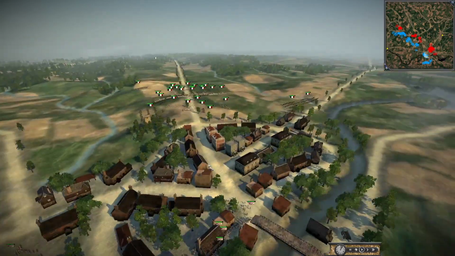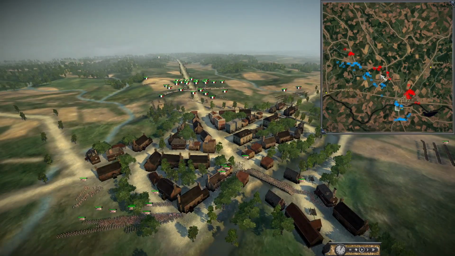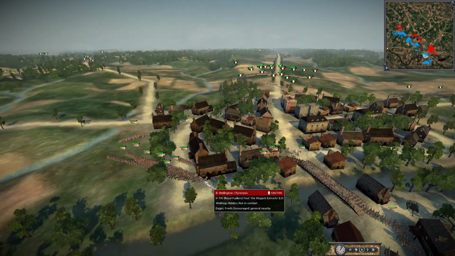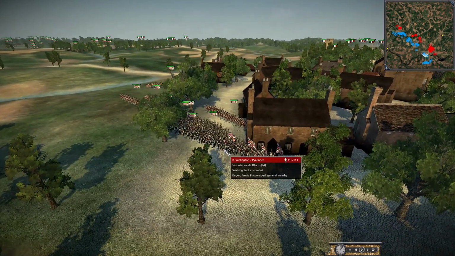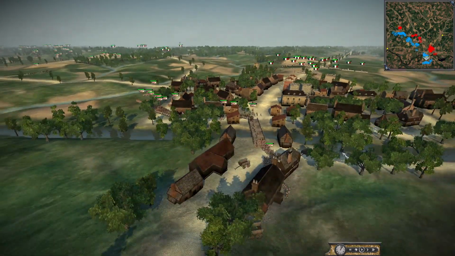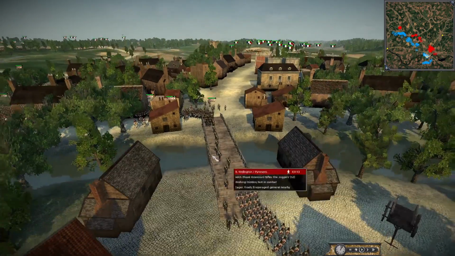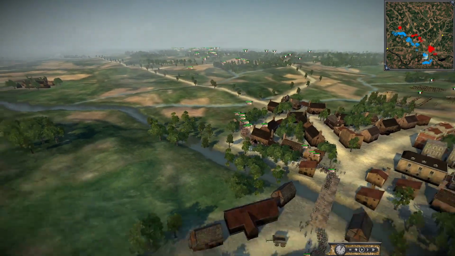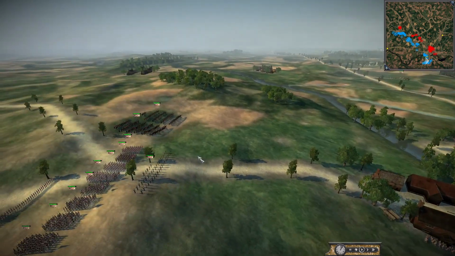So Orthez is this town here. This is actually the map of Orthez. We are using that map, which came out in one of the most recent patches. And we do have the Brits here. I think they're assaulting boats. I think this army has to traverse across and then start from back here with this other